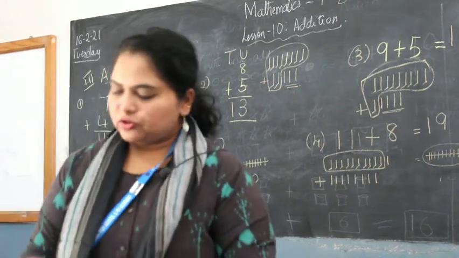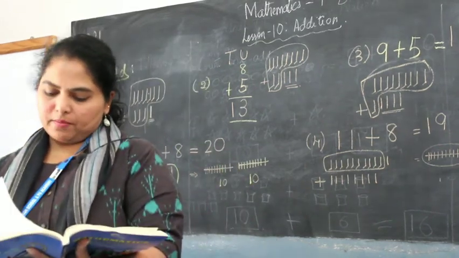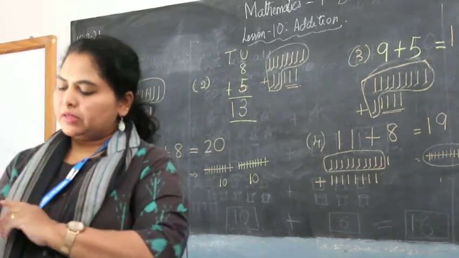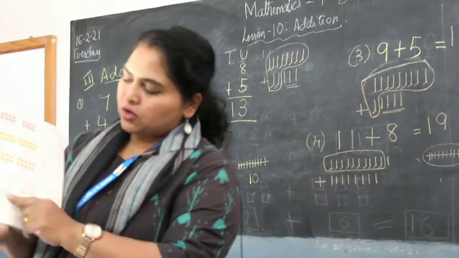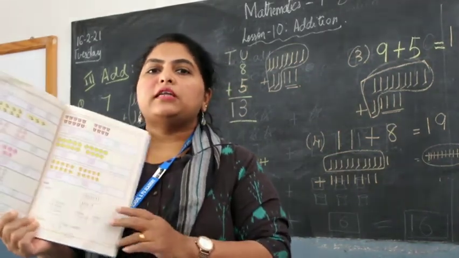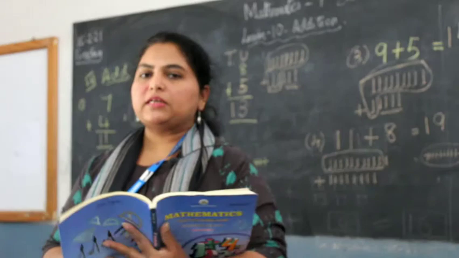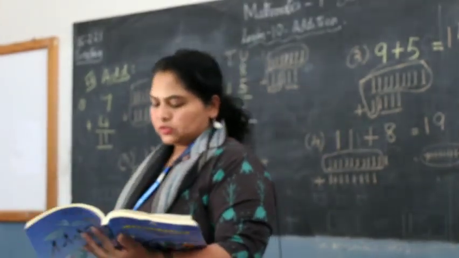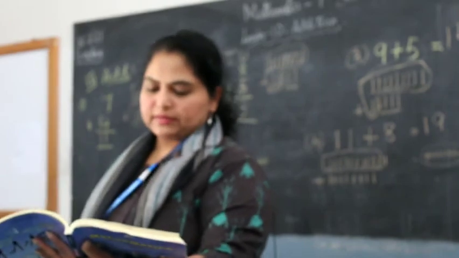So when you go to your page number 119 in your math textbook, you have some illustration sums showing how to count 7 units and 4 units, which will give you 11 units. That's 1 ten and 1 unit. So how do we write this? When they have given it, group and add is what we did right now. So group to 10 and add.